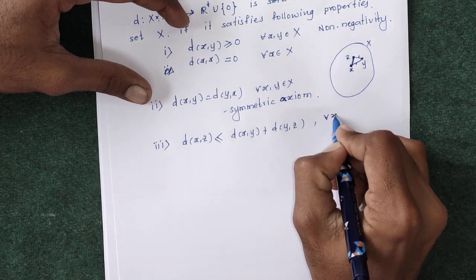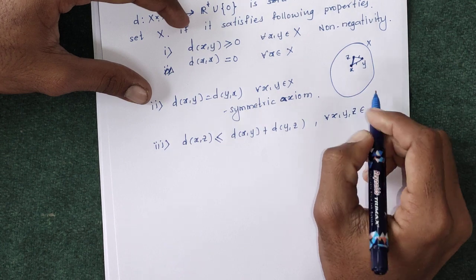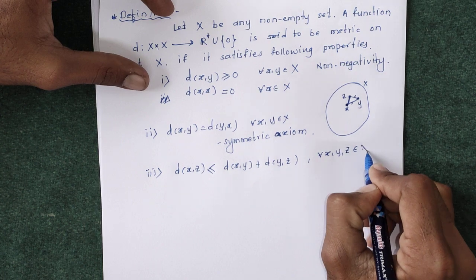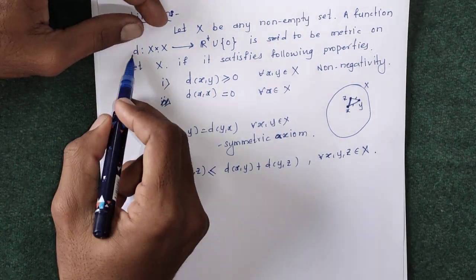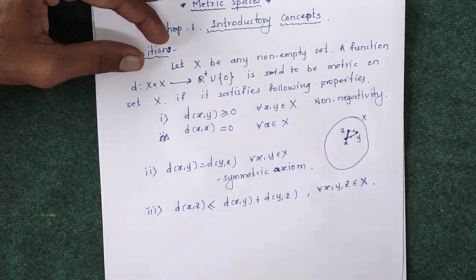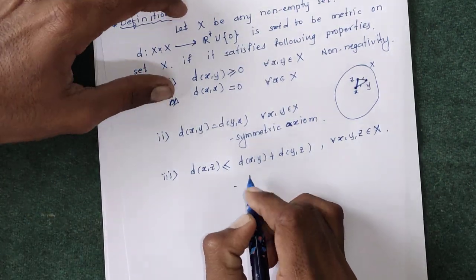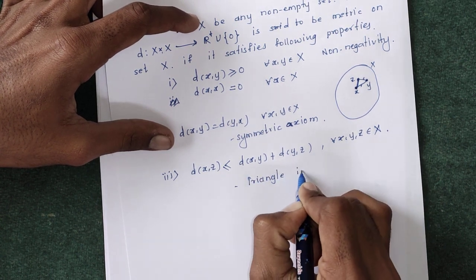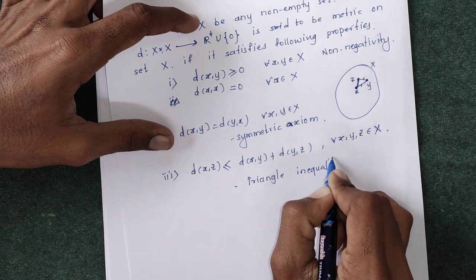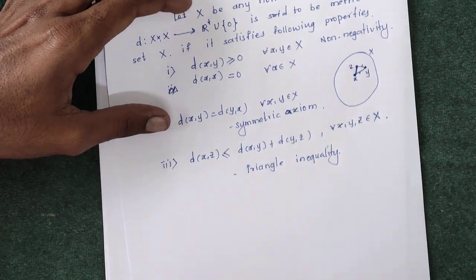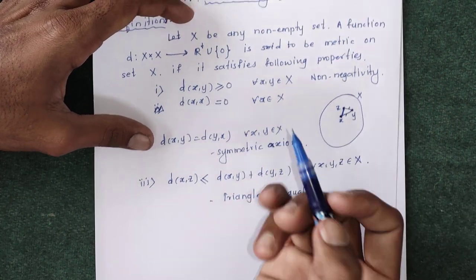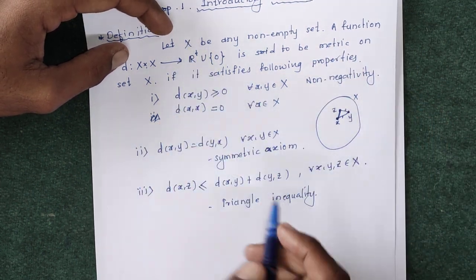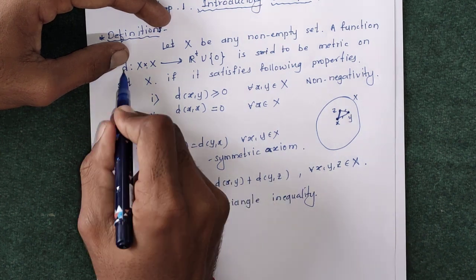So for any x, y, z belongs to X, that is all the elements of this set X cross X, if D satisfies these three properties, then we call this D a metric on set X, and this third property is called triangle inequality. And if this D is called metric on set X, and therefore if this D satisfies all these properties and D becomes metric